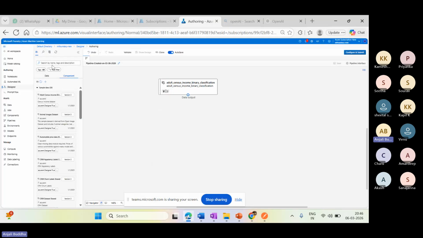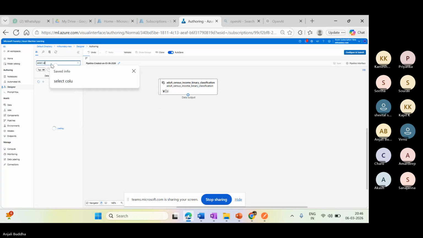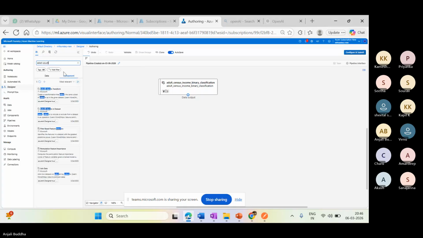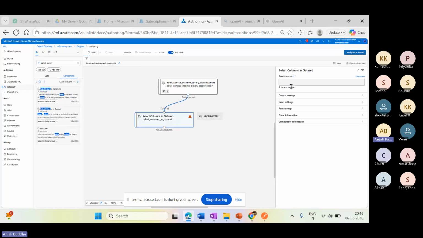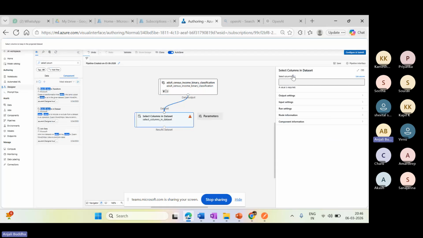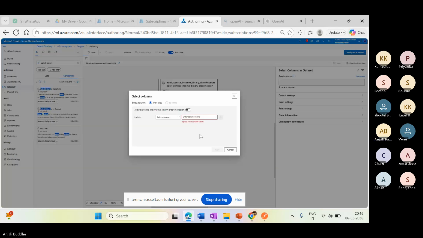So what I should search for is the select column in the data set. Just drag it. If it has to work in coordination, both have to be connected. So I click on this column, and here I can choose. I can keep adding the components: age, work class, and education.